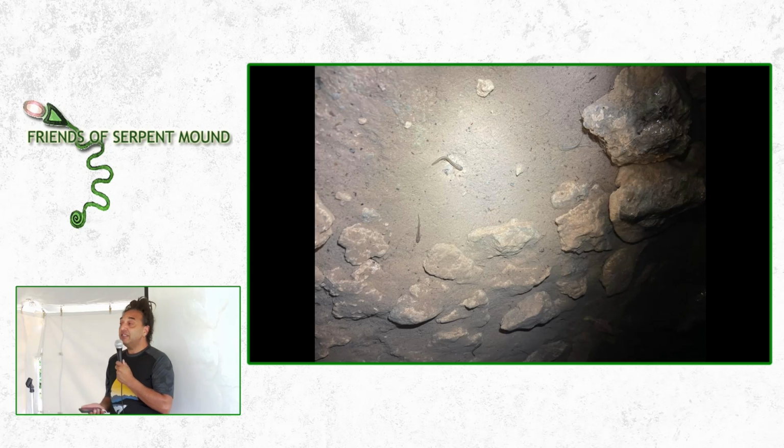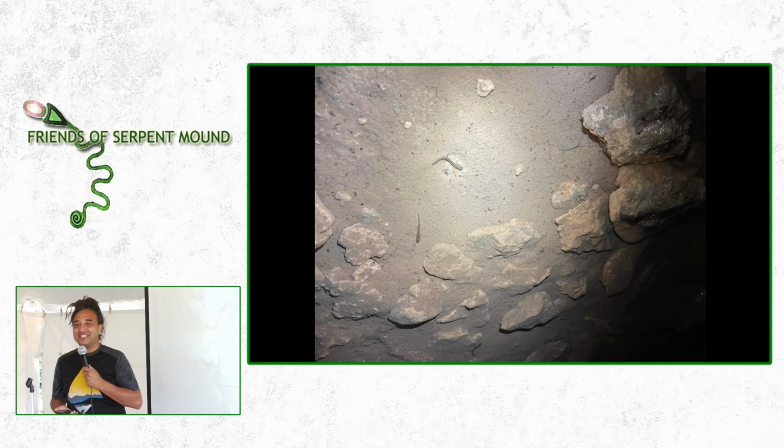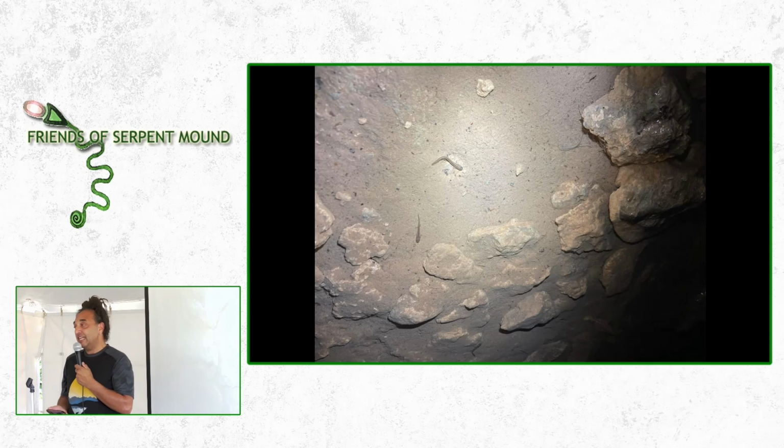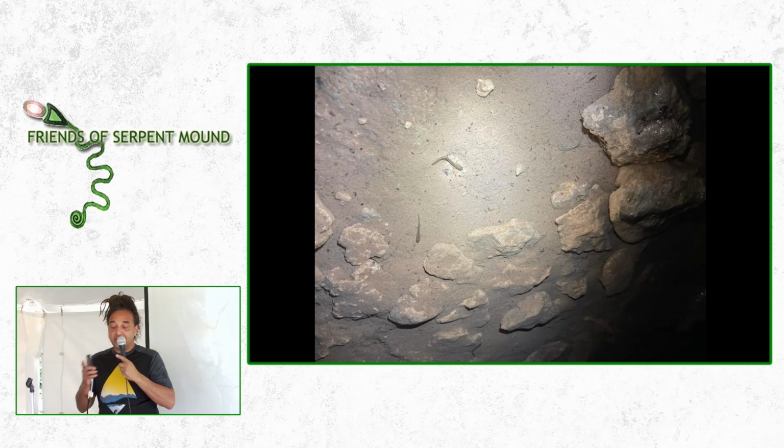Does anybody in here like salamanders? If not, okay, I'll tell it then. Like I said, there's only one spot in the state that the cave salamander is. It's really pretty. It's got a long tail. It gets like this big. It's really pretty. And so where it lives at, in the one spot,